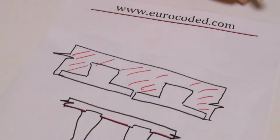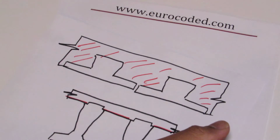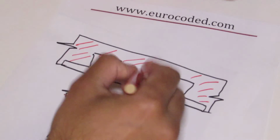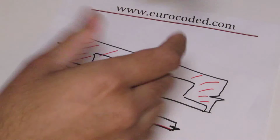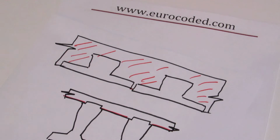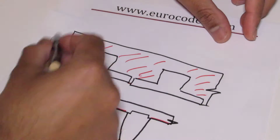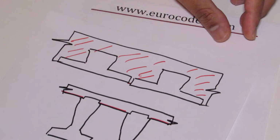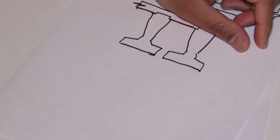The first form of construction, you don't need to use permanent formwork. You use a filler in between these beams, and it's not necessary. It's when you want to minimize the amount of inspection required underneath the slab, you would use the first form of construction. And when you want to go for longer span, you would use